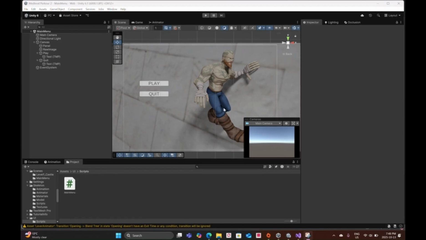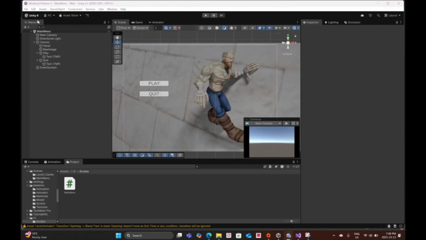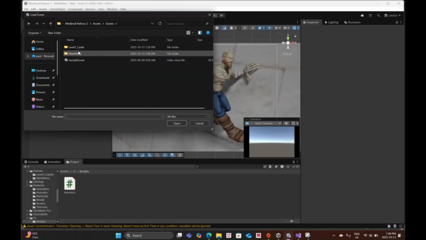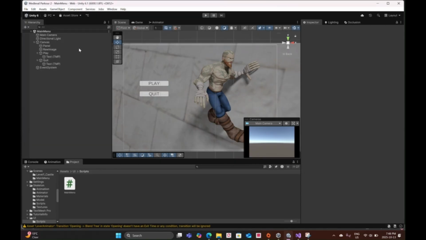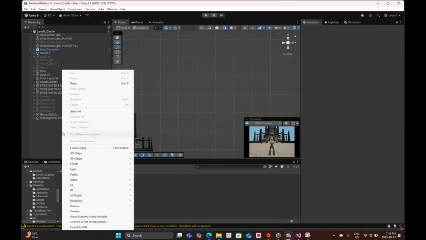Okay, so in the last video, I set up this main menu so that I can press the play button to start the first level. But now I'm going to do the opposite, where I'm going to go into the level 1, and I'm going to set it up so that if the player presses the escape button, then they can have the option to press quit, which brings them back to the main menu. So I'm going to go into, I need to open up the level 1, and in here I'm going to create